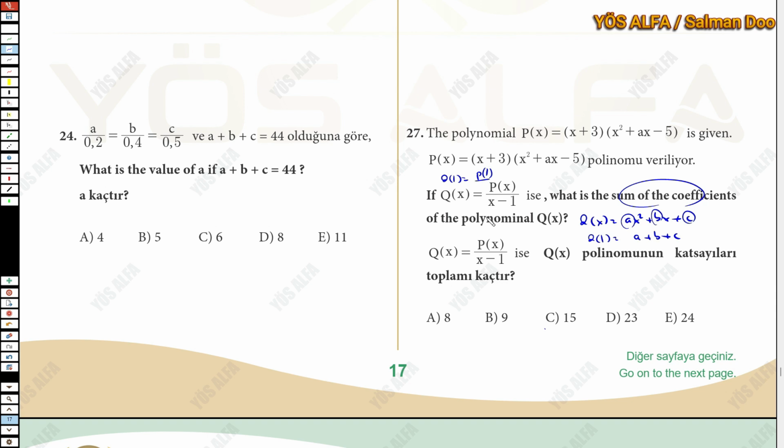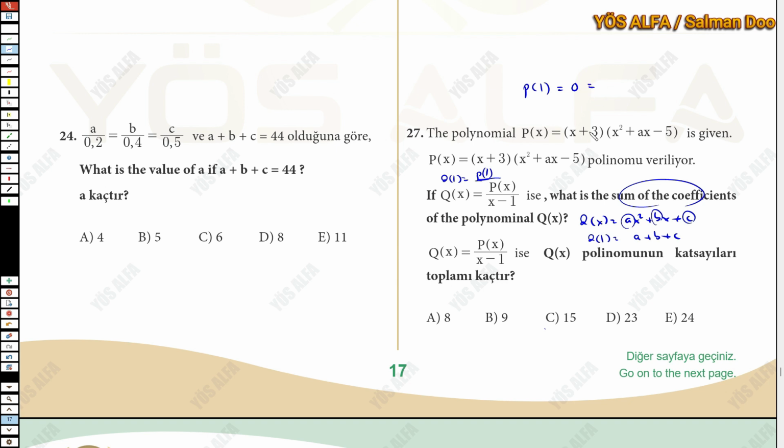Since the denominator is 0, q of 1 is undefined. So the only way q of 1 can exist is if p of x has a factor of x minus 1. That means p of x is divisible by x minus 1. So when p of x is divisible by x minus 1, we know that p of 1 has to be